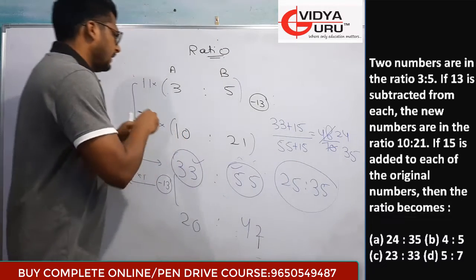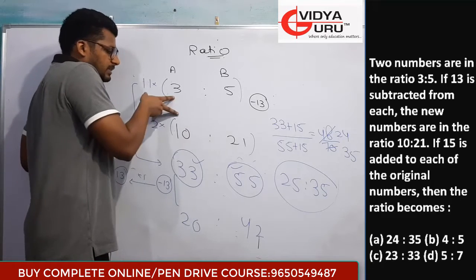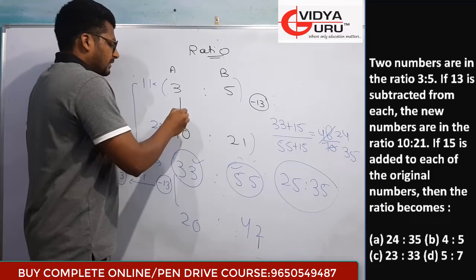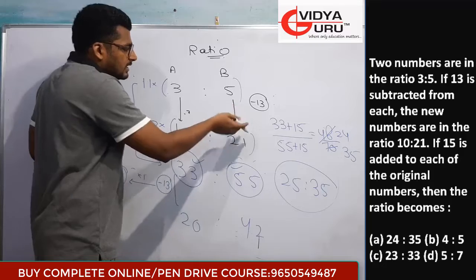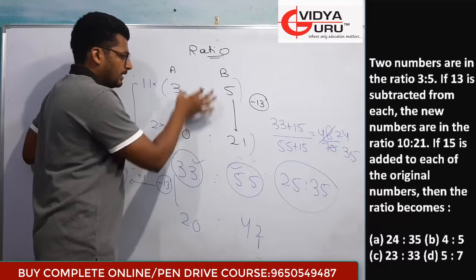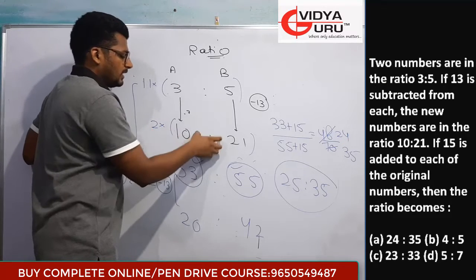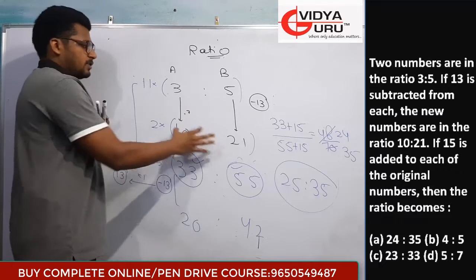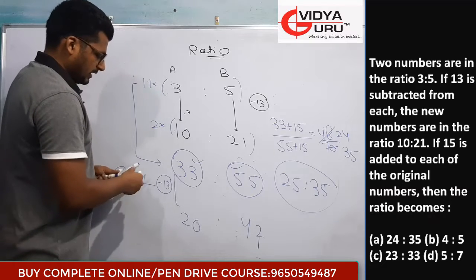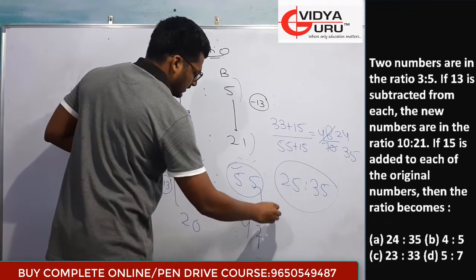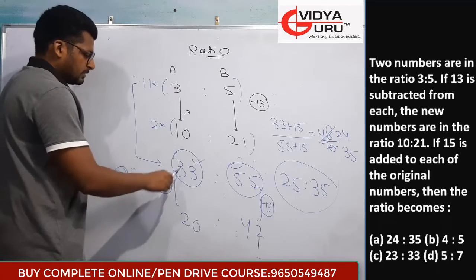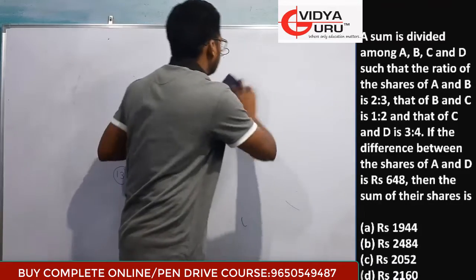24:35. What I have done, if 13 is subtracted from each, then this gap should be the same, but it was different. Here 7 was subtracted and here 16 is actually adding up. So the gap is not the same. To make it the same, we will multiply this ratio by the difference of this, and this ratio by the difference of this. As we do this, the gap will be the same. Here also 13 is subtracted and here also 13 is subtracted. The question is also saying 13 is subtracted from the number. That means the 13 value is 13, the numbers will be 33 and 55.